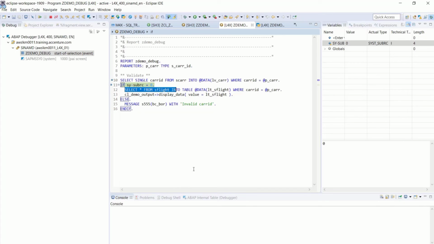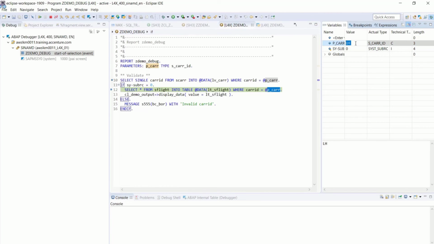Let me press F6 and let's execute this select statement. Now, if I want to see what is the value for this P_CARRID, just double click. You see the LH here, which is what we entered on the screen. If I want to change it, I can do the same thing and put some entry, AC. Okay, so let me change it to LH